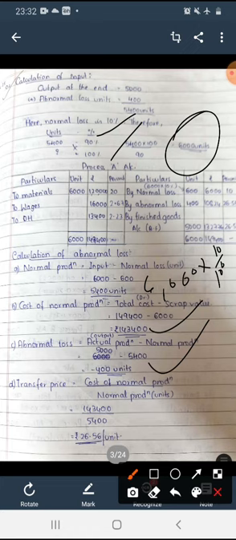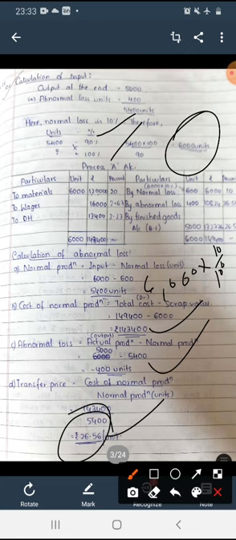Next, abnormal loss 400 units, and per unit is calculated how much? 26.56. For abnormal loss per unit, you have to take the transfer price. We are calculating the transfer price per unit only for the purpose of writing for the abnormal loss, 26.56. And finished goods account, you transfer to that finished goods. The difference is the finished goods. Okay,